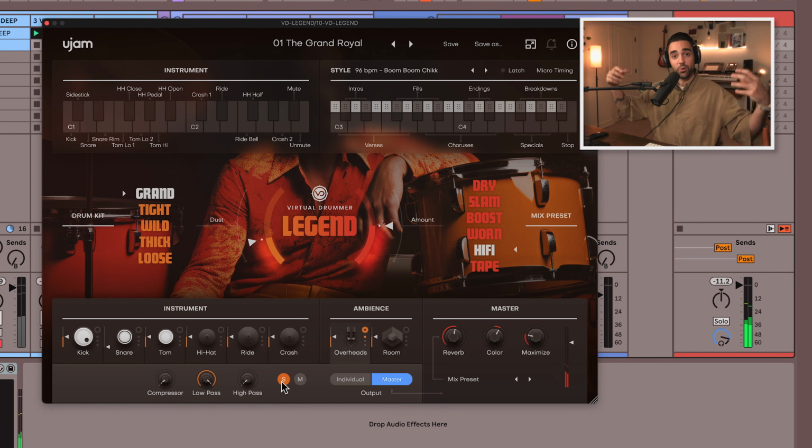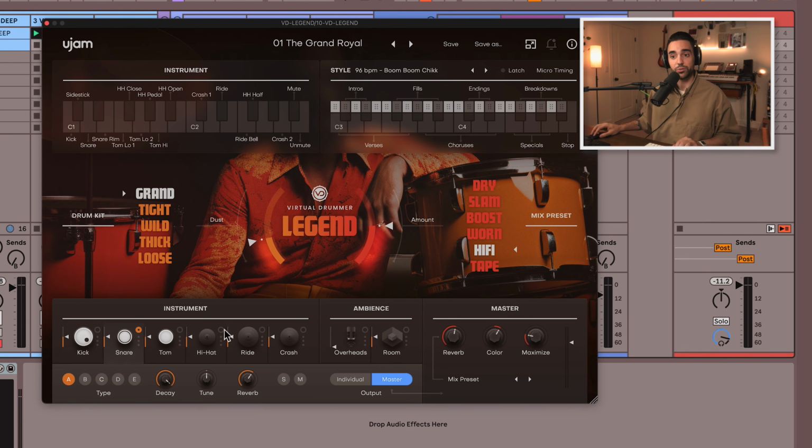we get the sound from those mics that are placed over the top of the entire drum kit. So the hi-hats are coming through and the snare is coming through. This is of course something you can play with in your own mix to get a different kind of sound, but just know that as you start to go in and tweak the levels of each drum, the sound might not only be coming from the drum level itself, but it also might be coming from the overheads or the room sound. And if you want to find where exactly it's coming from, you can click on each of these drum parts, the individual drums, overheads, and room, and you can solo each one of these to hear what they're